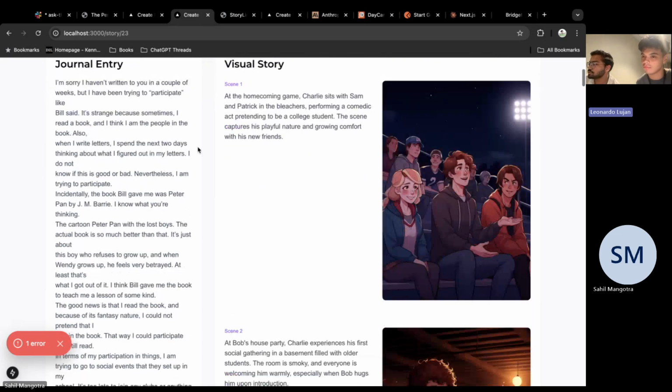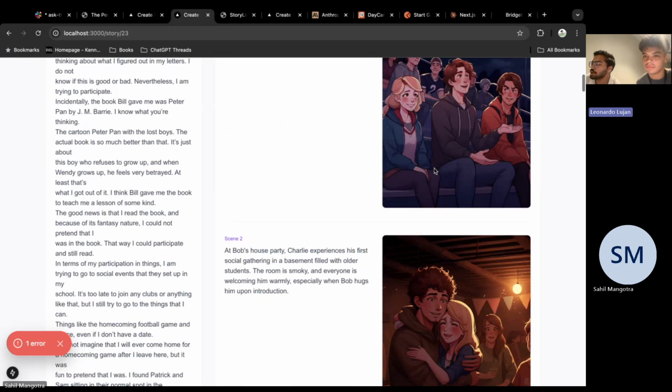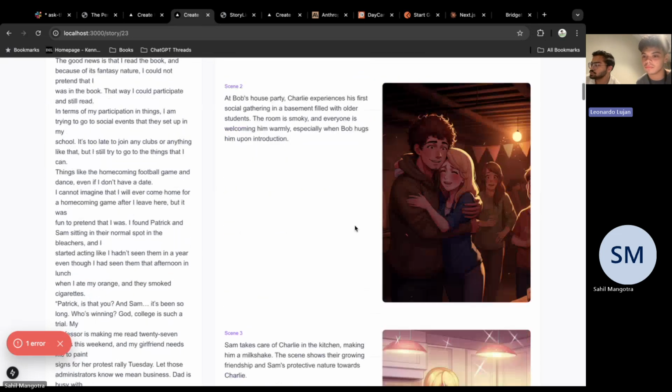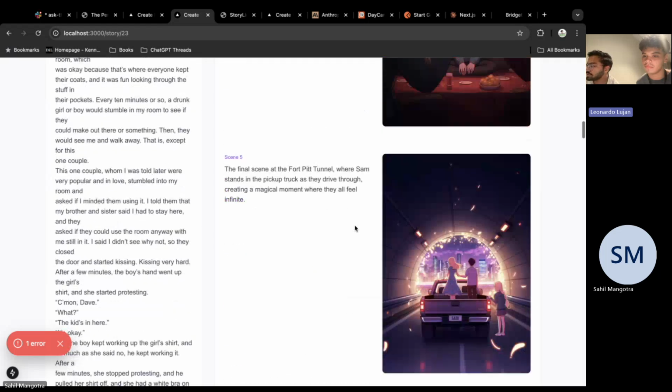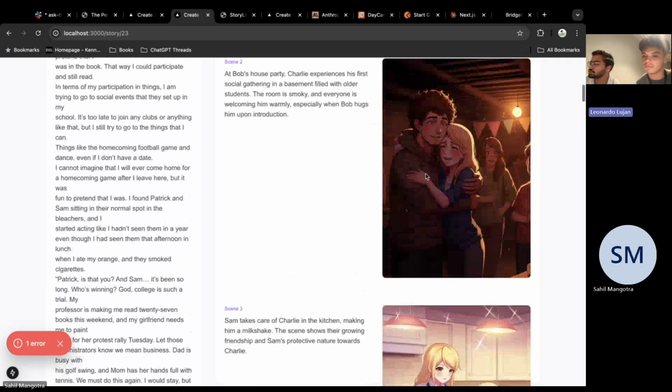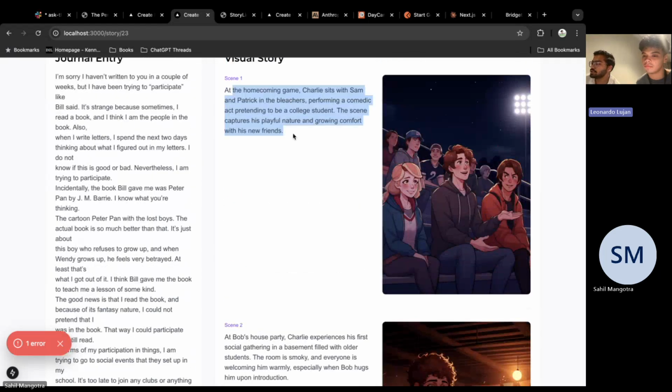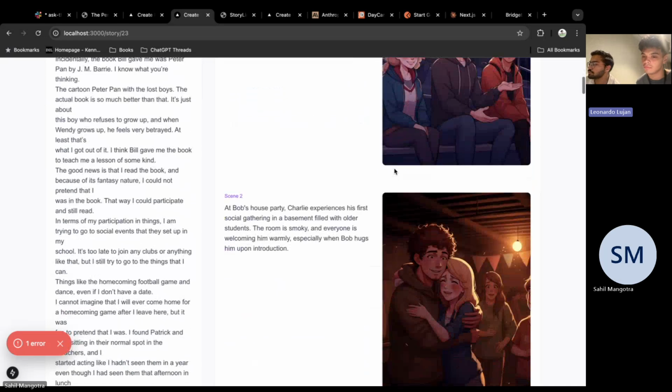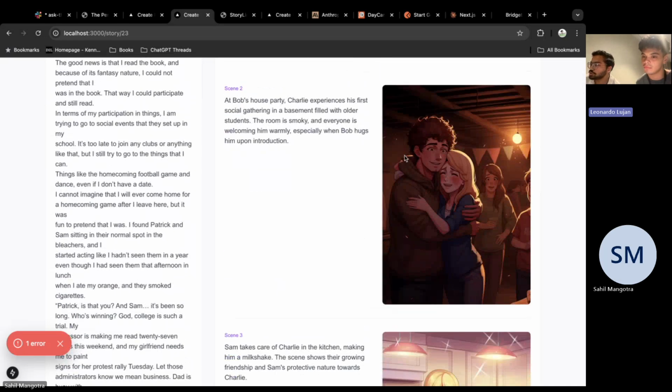This is an episode which we have generated according to that journal. All of these are generated by our AI models. These are five scenes, five experiences that the user will be focusing on. Like in this example, the user went to a homecoming game with his friends. This was an emotion that he felt, so we generated an image for that. And probably he found someone whom he might like. That was an emotion.